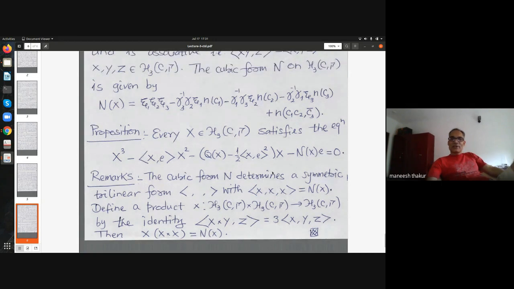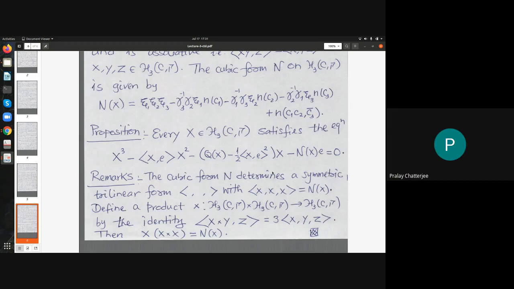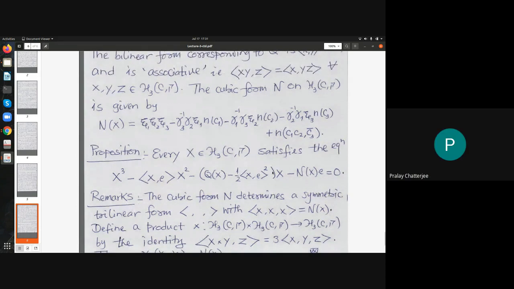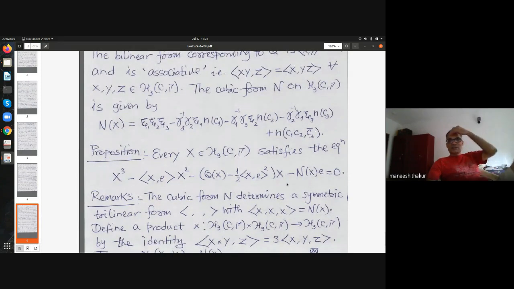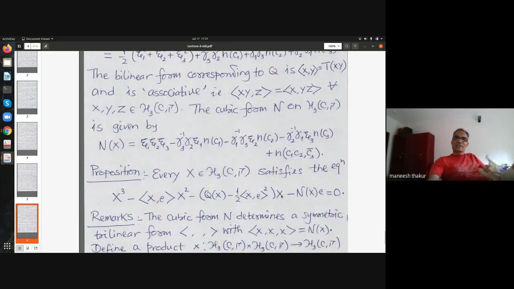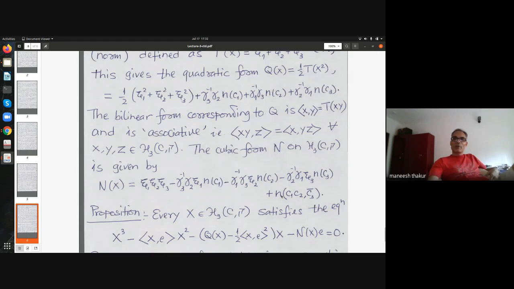Maybe these ideas are a little heavy right now. So Manish, you avoid 3 and 2 because of the averaging and this 3 here, is it? Yes, exactly. But the point is that those scalars are not important really, because finally we are going to look at similarity groups, so groups which preserve these objects up to scalar factors. Then the scalars can be gotten rid of by some algebraic machinery, and one can make sense of these expressions in general characteristics also. Of course, some modification has to be done, but one has a way about it. I'm avoiding that right now.